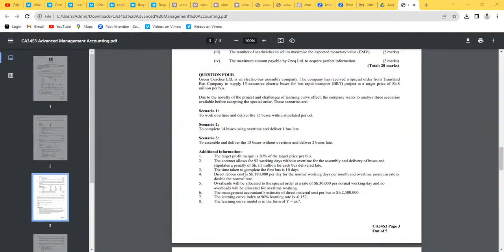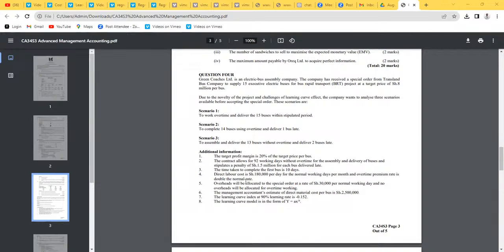The time taken to complete the first bus is 10 days. Direct labor cost is shillings 180,000 per day for the normal working days per month, and overtime premium rate is